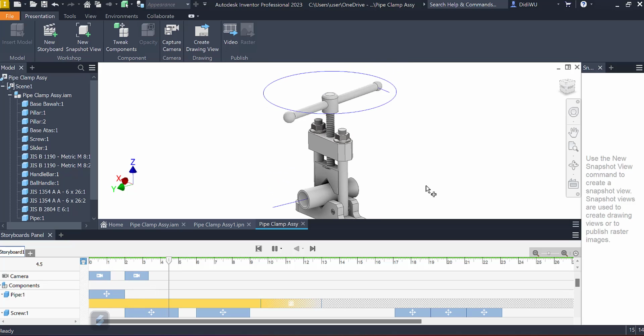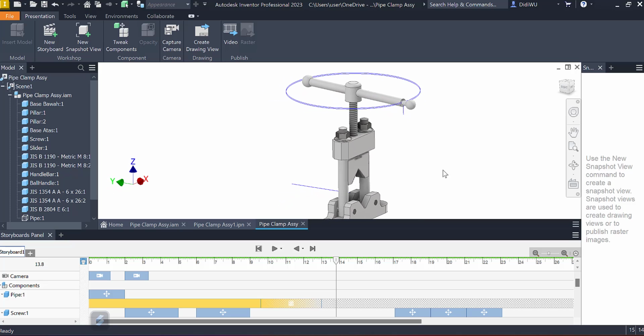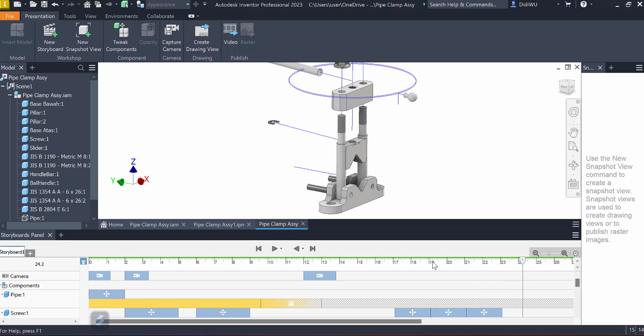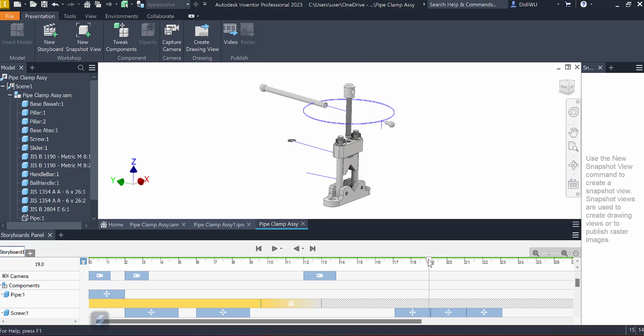As you can see, they are going to screw and unscrew, and then I will make the position. Maybe I will use this particular position to see all the cameras. I just capture that. Then basically the camera is like making a snapshot. So in this particular position, I need to zoom out a little bit